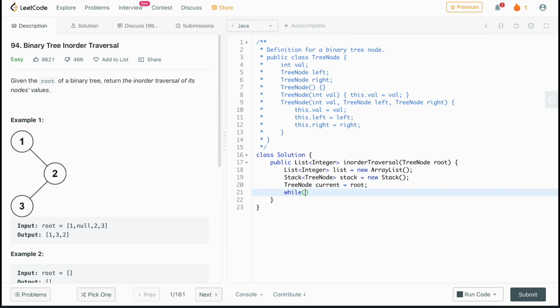So now while current is not equal to null, or the stack isn't empty, so stack dot is empty, so it's not empty. So while it's not empty and while the current isn't equal to null, we're going to loop through it one more time. So while current is not equal to null,